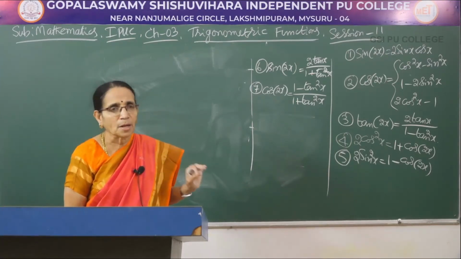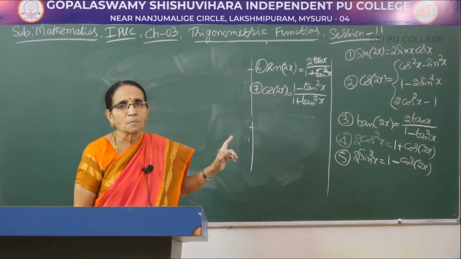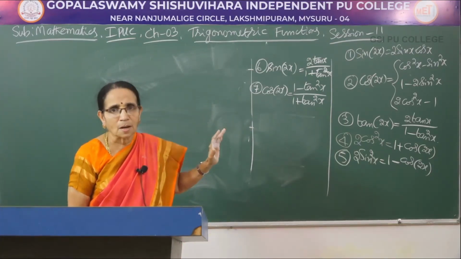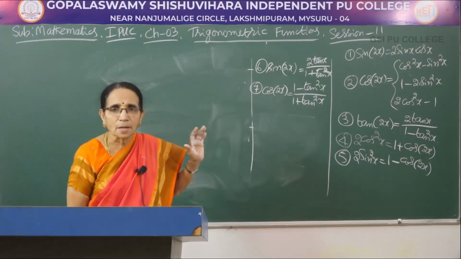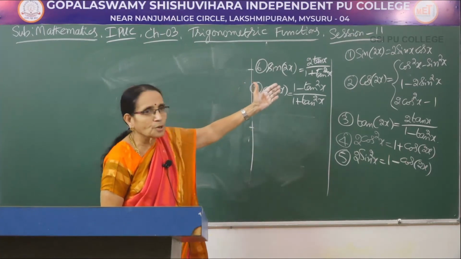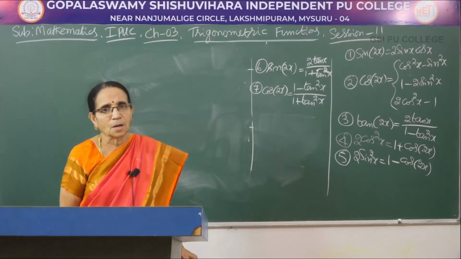Take y to be equal to x, we get that one. For these 2, start from the right hand side, use the basic information. Tan theta is sin theta by cos theta, and also the basic identity you have to use. Then in the case of first one, use the first formula, second one, use the second formula. You get the left hand side.